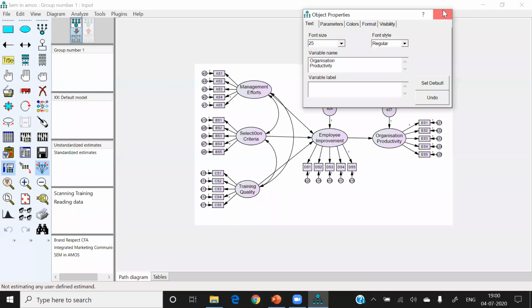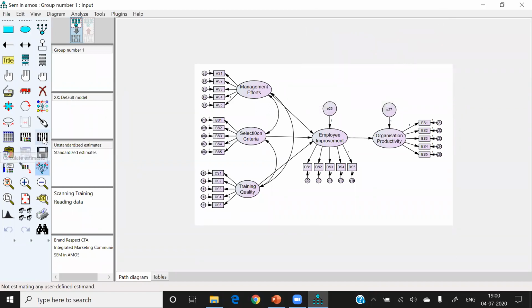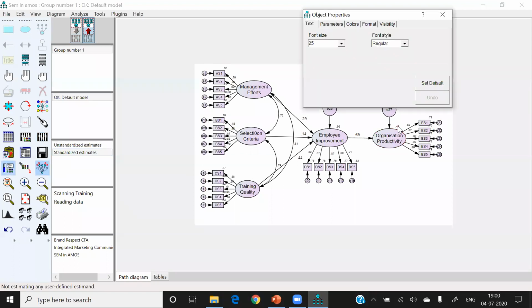Okay. Now, in this case, if you see the results, one interesting thing I'm telling you, the R square of this dependent variable, you can see this is R square. Let me show you R square once again. This is a parameter, and this R square is how much? 48%, right? So you can see that this R square is 48%.